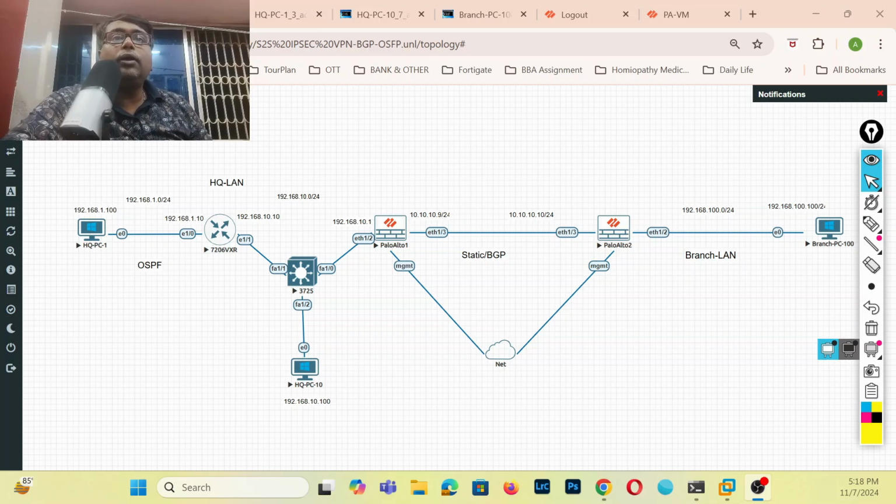Hi friend, in today's lab I am going to show you the configuration of the Palo Alto. Here, what we are going to do, let me give a brief understanding. I will configure a site-to-site VPN between these two Palo Alto firewalls, so the branch office PC can access the